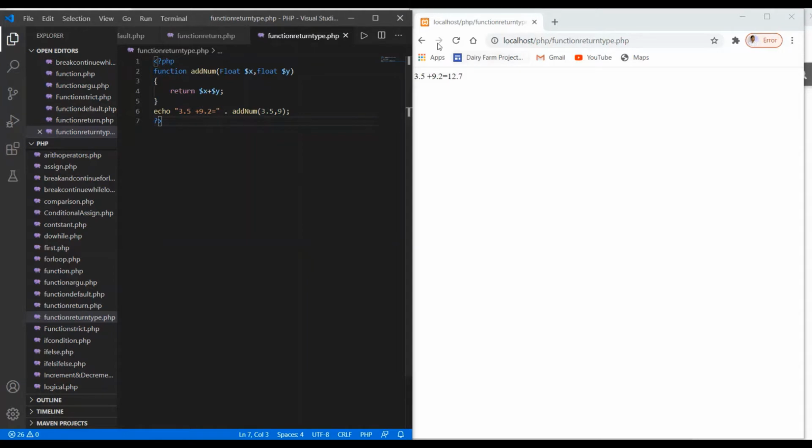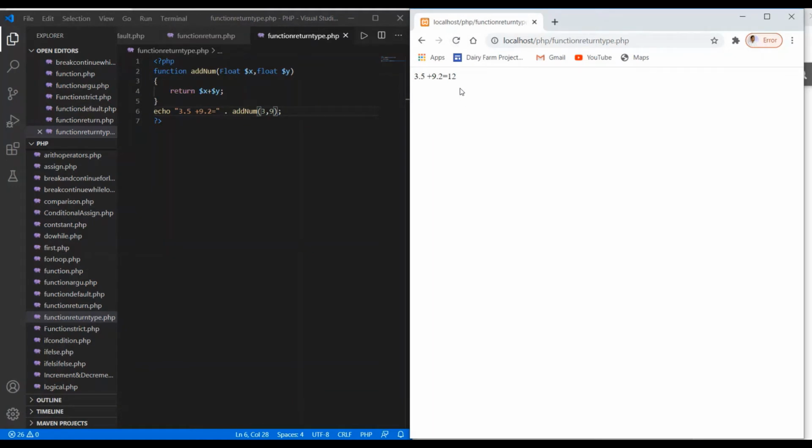Save the changes, refresh, and we get the result 12.5. Or we can put this value as 3 also. Refresh this, and we get the value 12.